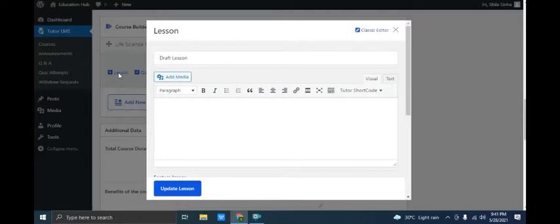Now add the topic. Again you can add one more lesson if you want. This will come under the course builder. You can keep on adding the lessons, the whole book's lessons one by one. Once you have done, you can put the name of the lesson here. That was a topic, life science class 10th West Bengal board. Under that topic you can put as many lessons as you want, the whole book's lessons, 14, 18, 20, whatever the number of lessons, and put the name of the lesson.